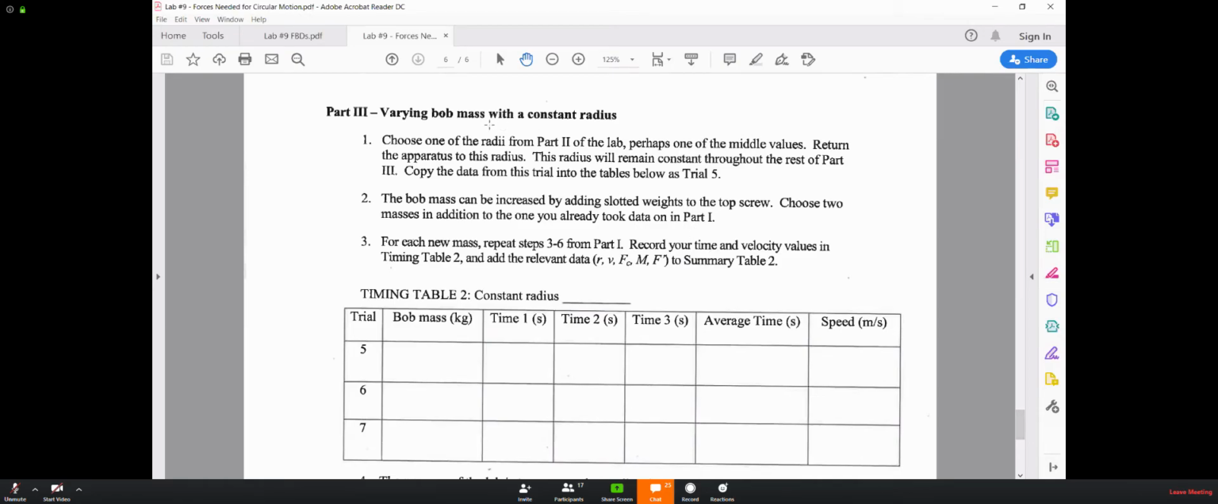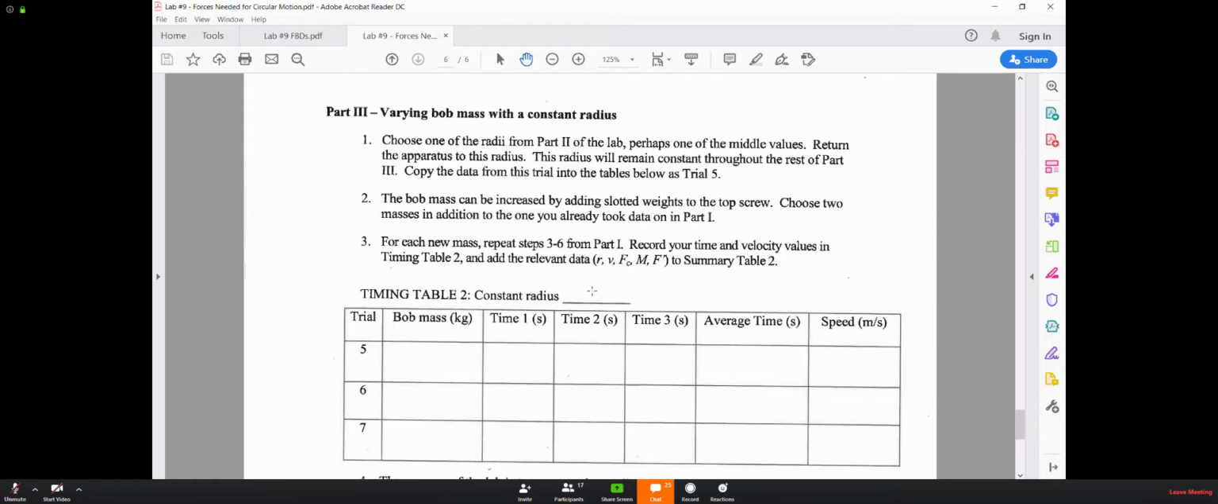What is part 3 of the lab? Varying the bob mass with a constant radius. It says to choose one of the radii from part 2, and I'm not going to do that. I'm just going to give you a different radius, perhaps one of the middle values. I can tell you the constant radius for all of part 3. It'll be in the Excel table, and it's written right here,